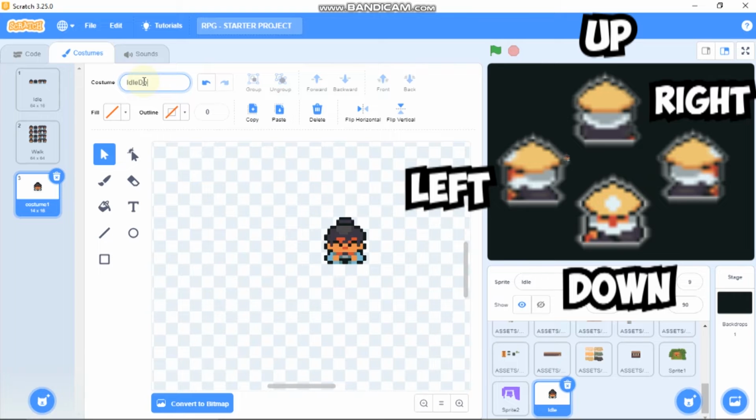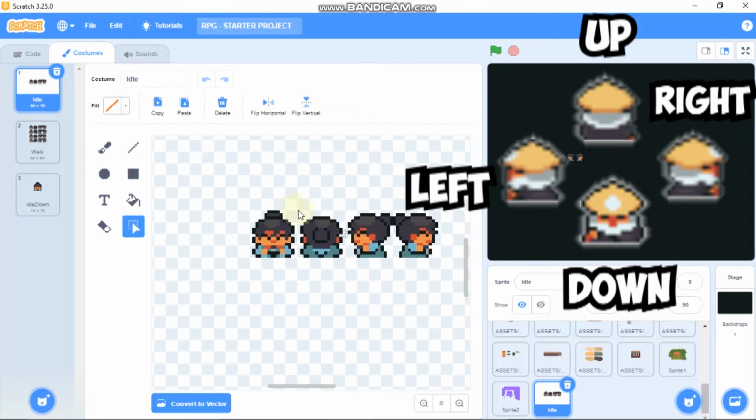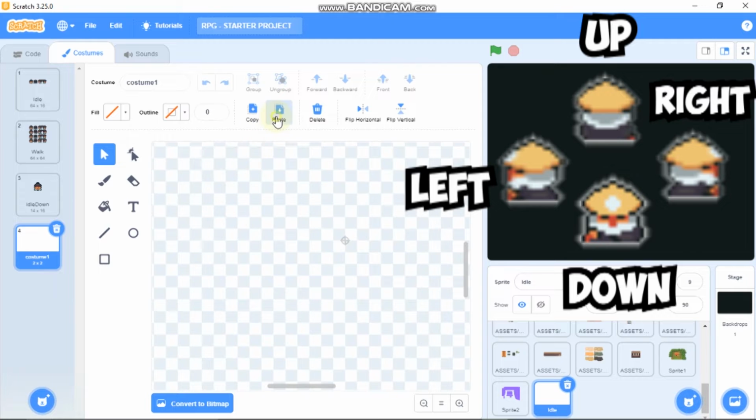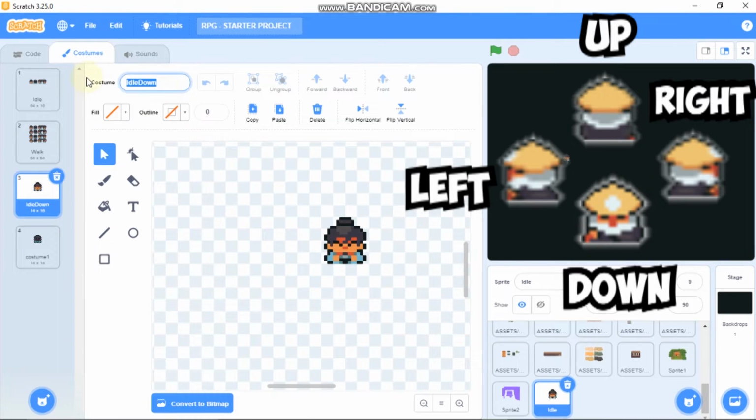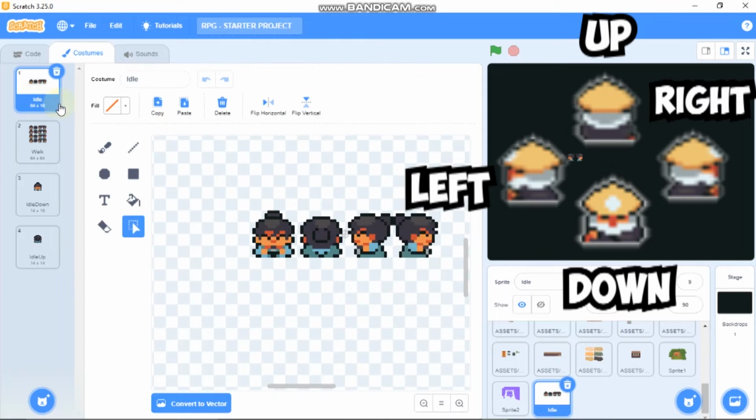So this you could see is the down. So just type down, and you could see all of these directions here. Just copy, paint a new sprite, and paste. And you could see this is the up costume, so it should be idle up.